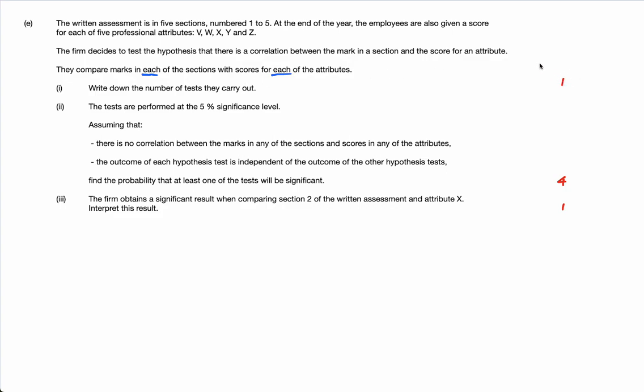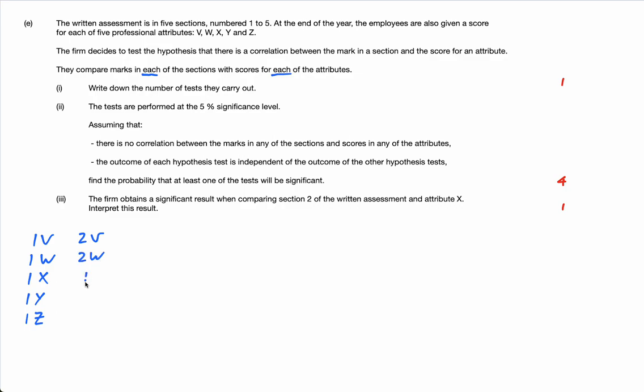There's 1 mark for this, guys. So this took me a while, again, to figure out, even though once you see it done, it's quite easy, because it was just the wording of the question. So they compare each of these. He's going to compare section 1 to the attribute V. And then section 1 with the attribute W. Then section 1 with the attribute X. 1Y, 1Z. Then he'll do 2V,